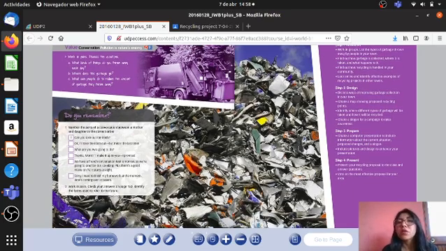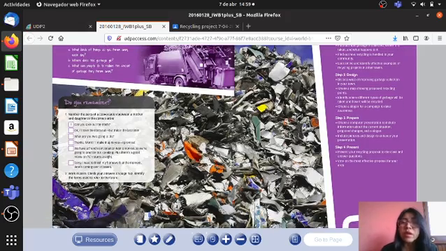Okay. Recycling is the action or process of converting waste things into reusable material, okay? And tell me, what kinds of things can we recycle? Okay, for example, we can recycle the glass, the paper, the cardboard. What else? Do you remember?